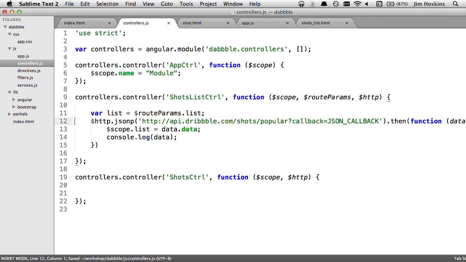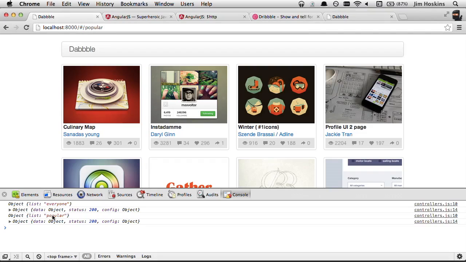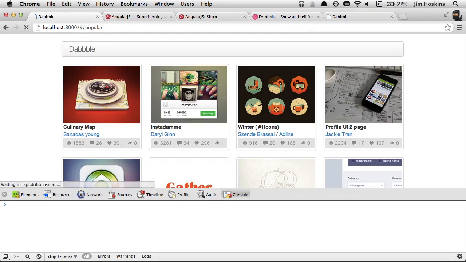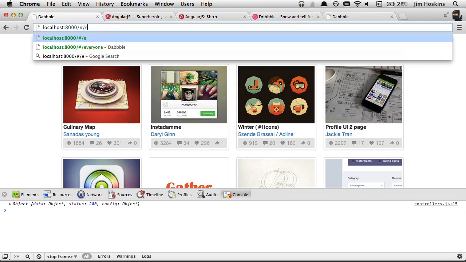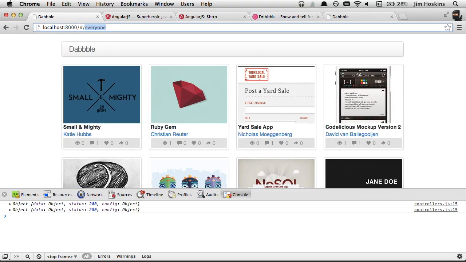Then it's actually pretty easy to change what URL we get. Instead of having hard-coded popular here, let's use the correct single quotes, and we'll just inject list right here, save it out. And now it should load up the appropriate API based on which list is passed in. So here's our popular. And if we go to /everyone, we get a different list. And if we go to /debuts,